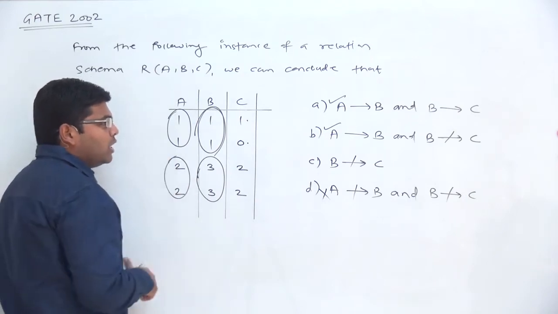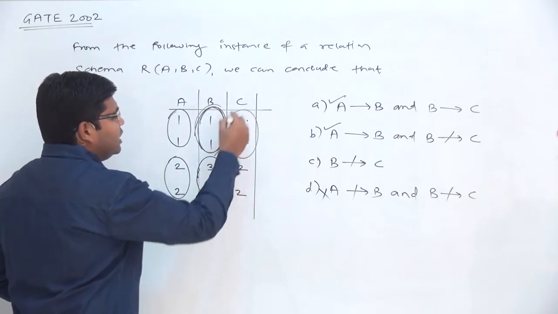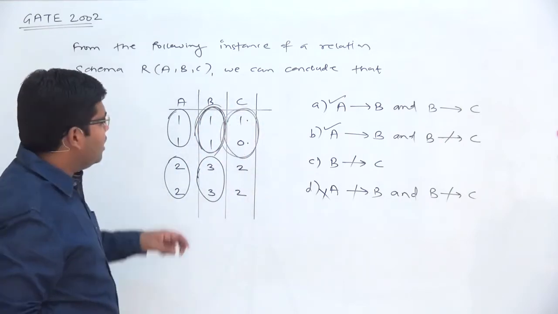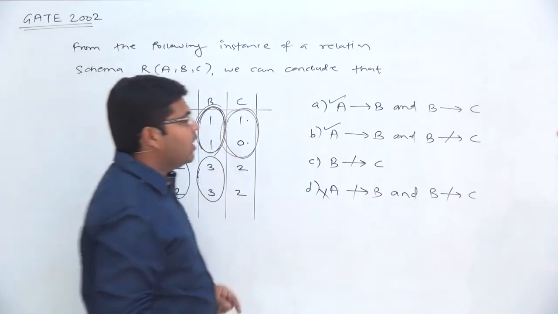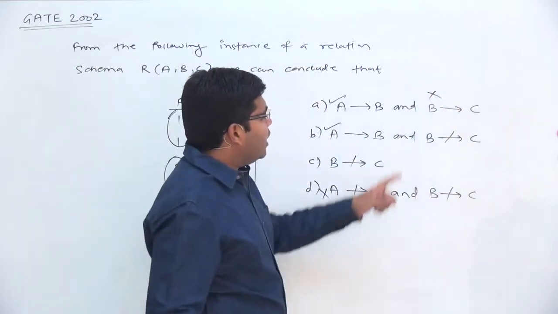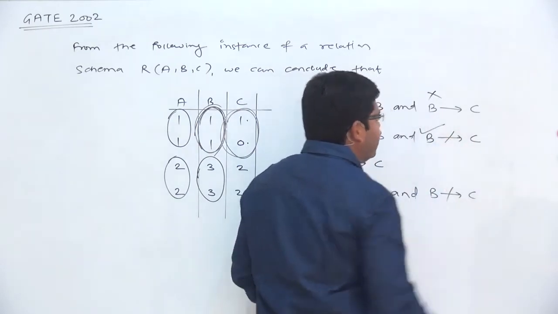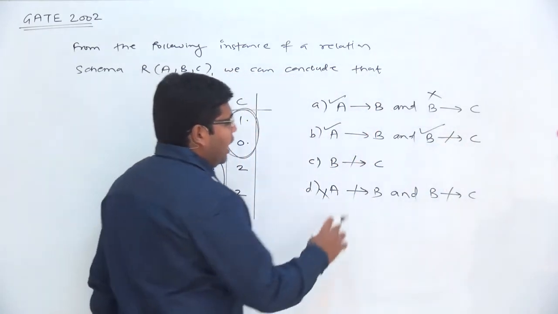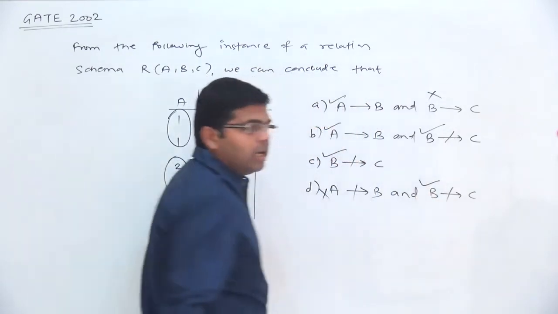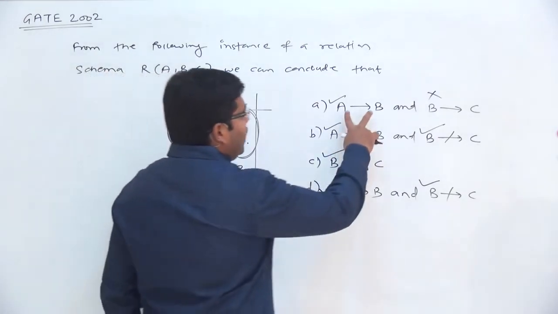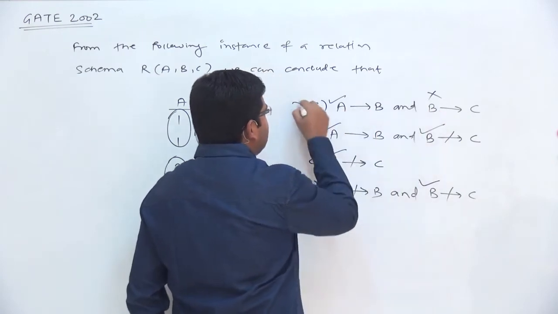And there is one more thing that we can see here. B is the left hand side, there is an agreement on the left hand side, but there is a disagreement on the right hand side, and we have seen in such cases when there is an agreement on the left hand side and a disagreement on the right hand side, the FD will not hold. That is why B gives C is invalid, and therefore B does not determine C will be a valid statement. Now a correct statement and an incorrect statement, therefore both the statements are not correct, that's why this option will be wrong.